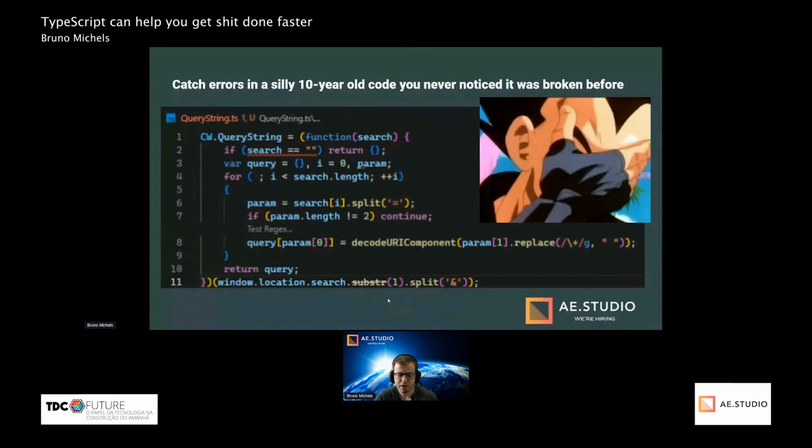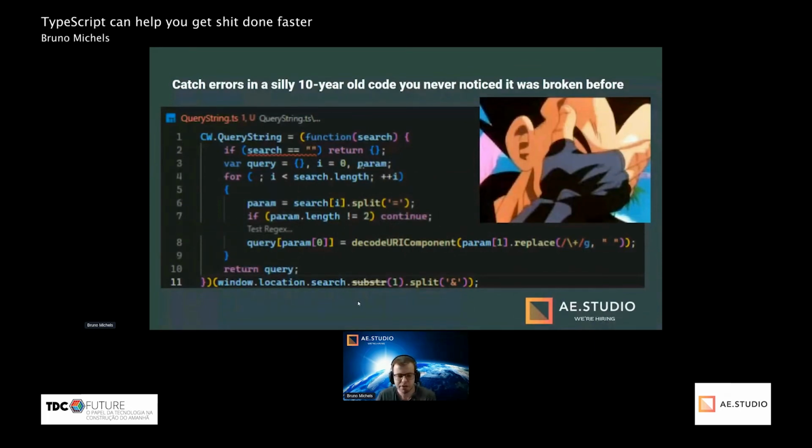And this code is not something that people didn't see. This code is the third most voted answer to how to get query string values in JavaScript on Stack Overflow. And no one ever fixed or commented about it. Not that I have seen. I checked before this talk. But yeah, no one saw this silly mistake or no one cared about it. Because it's not harmful, it's just a waste.